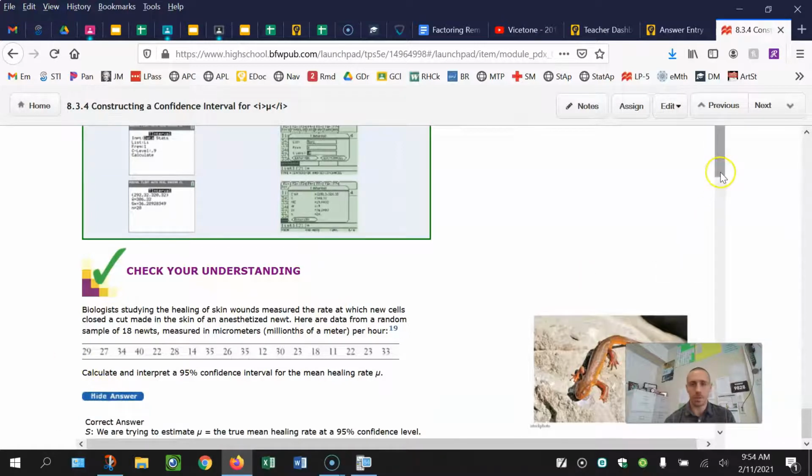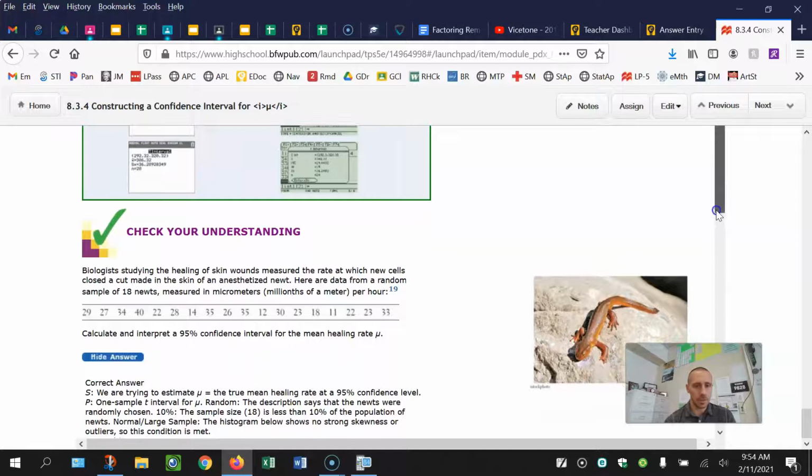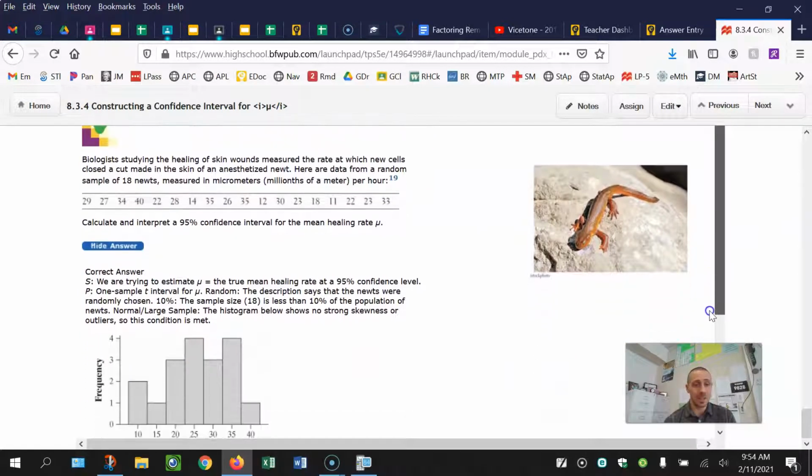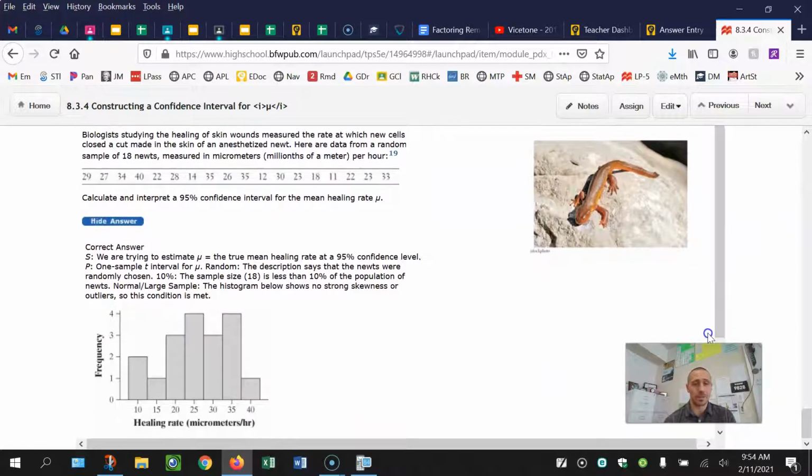So let's see what they did here. They do have state plan. All right, they did a histogram. That would be way too much work in my opinion. So large sample / normal condition. The histogram shows no strong skewness or outliers. Keep in mind, the conditions will always be met unless they explicitly tell you they're not. So you're like, oh, I have some skewness. It's okay. All right. The do step is going to be, you're going to have to find the sample mean